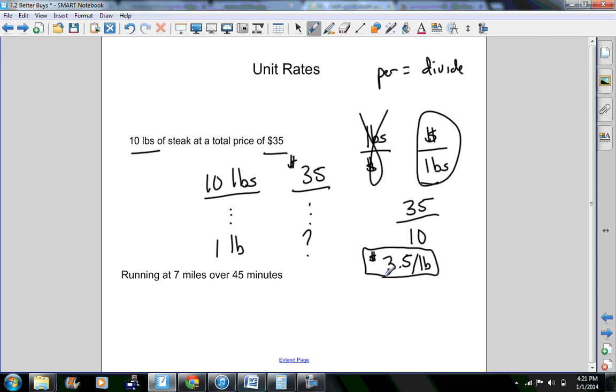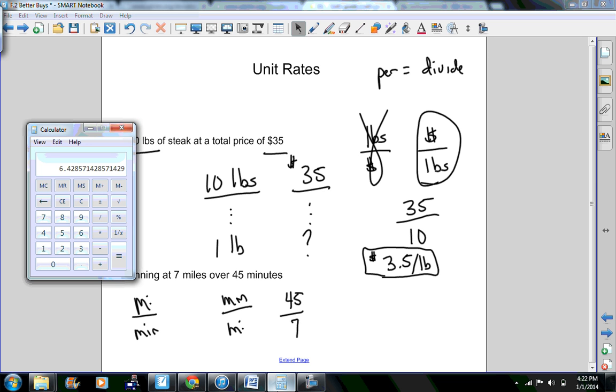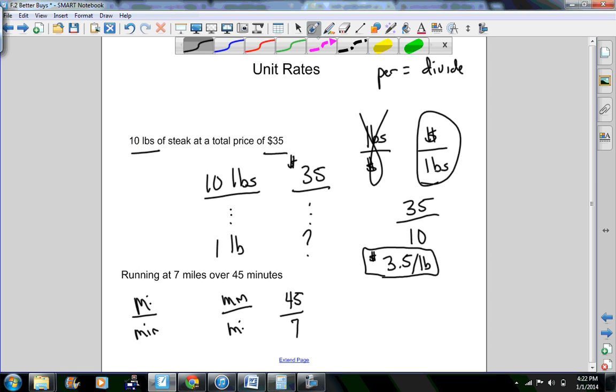So down here on the bottom, we're running 7 miles over 45 minutes. So our two options are miles over minutes or minutes over miles. And this one's interesting because the top one had an answer that made a lot more sense, but both of these actually would be okay. I'm going to do how many minutes per 1 mile it takes. So I'm going to do minutes on top and miles on bottom. So I'll go 45 over 7, and this one I'm going to use a calculator for, which is about 6.4